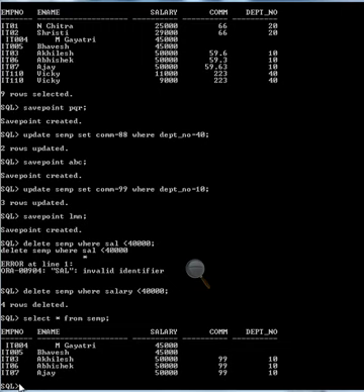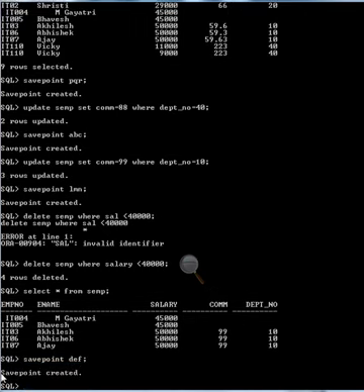Now make another save point. Save point DEF. Okay, now give save point DEF. So save point created.